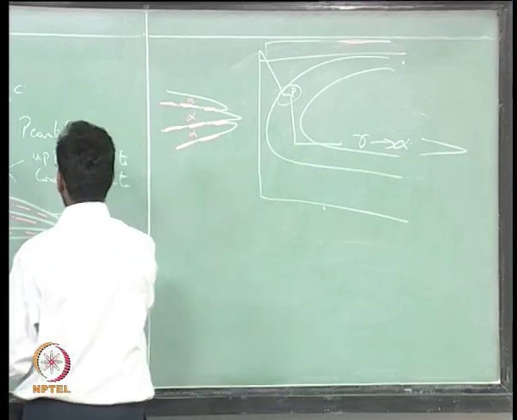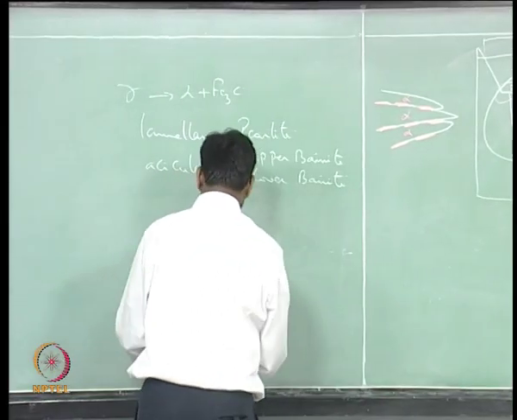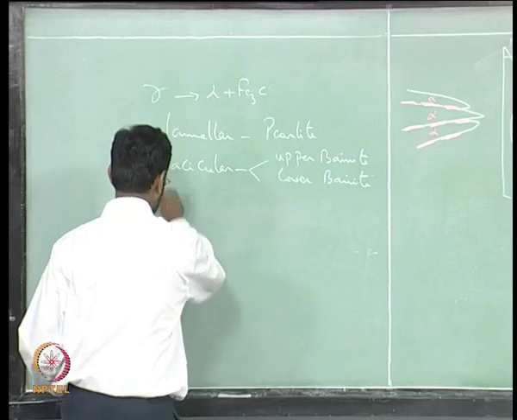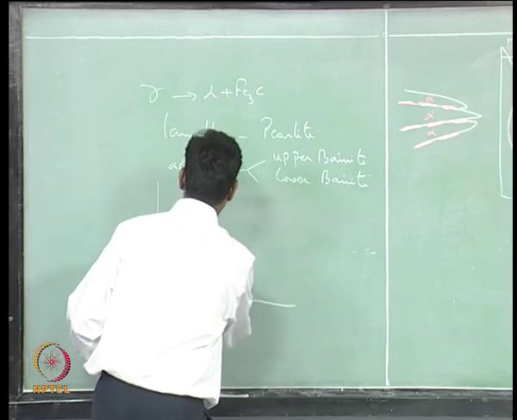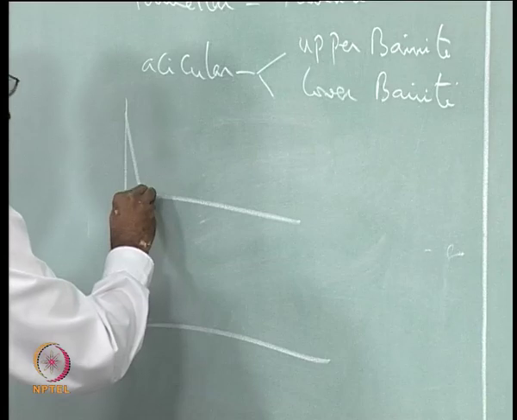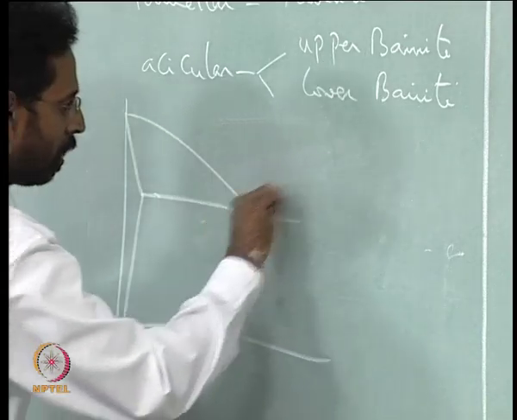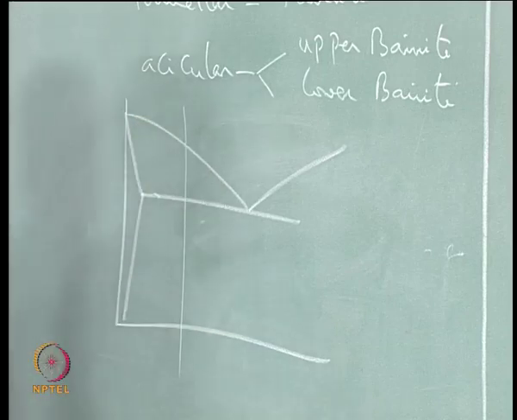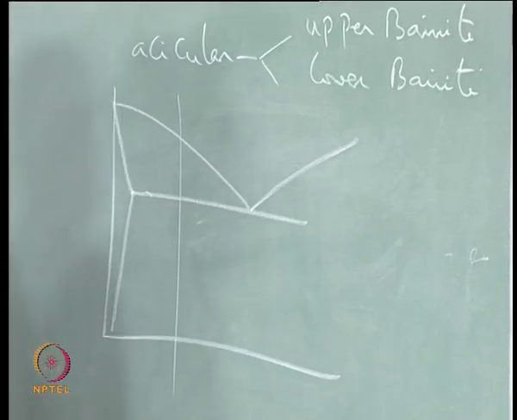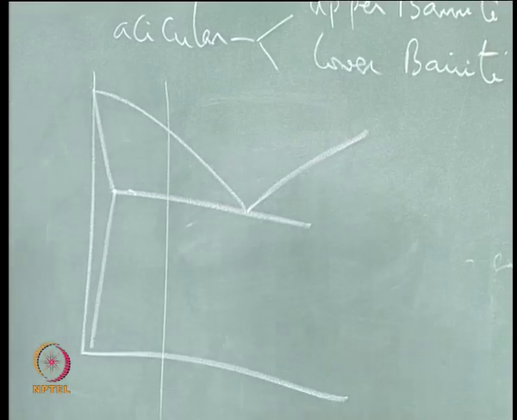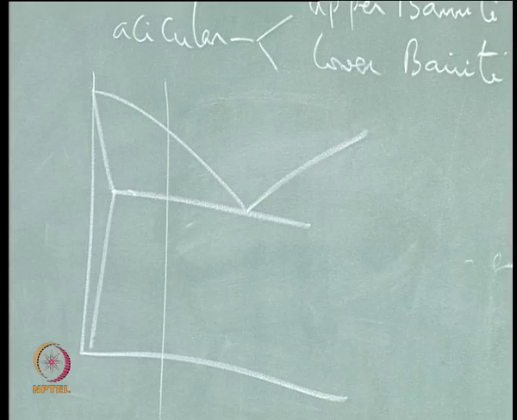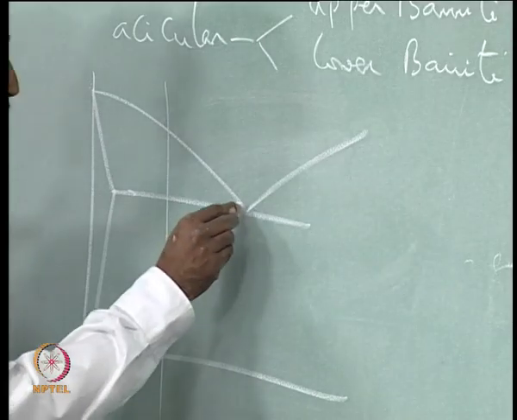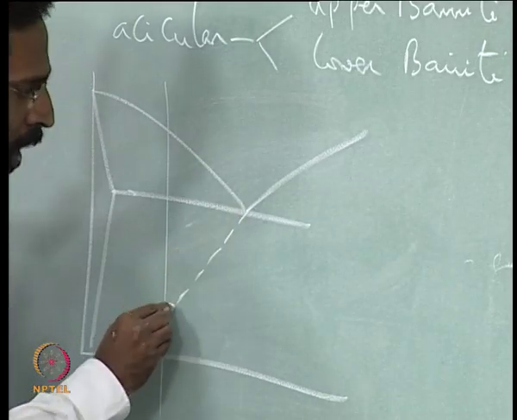Second thing, if we look at this, we also talked about a possibility that if I take an alloy of this composition, it will directly give you pearlite instead of giving you a ferrite. That can happen provided I extrapolate this,